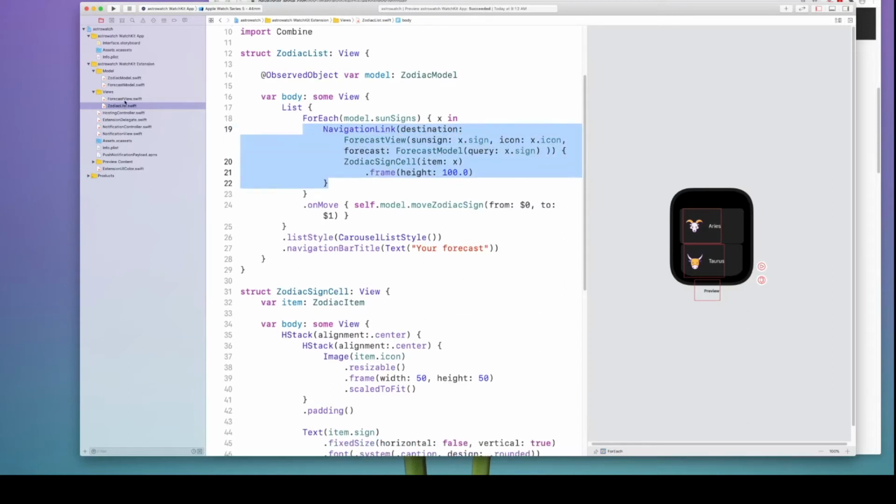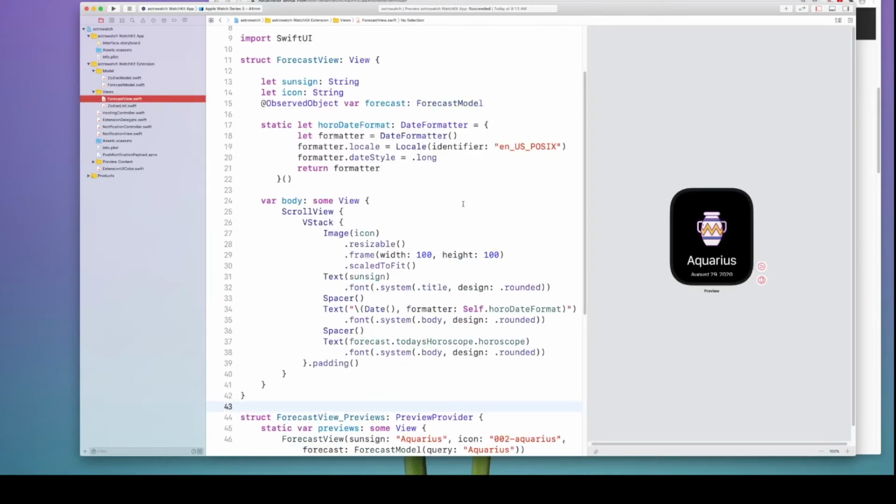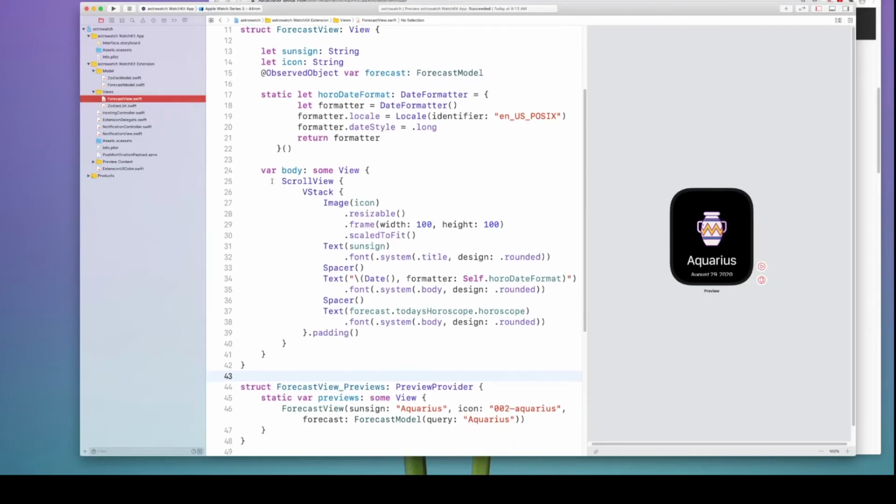Next, let's talk about forecast view. In the forecast view, as you can see, the preview has already changed. The forecast view is a scrollable view. It has a vertical stack. VStack means vertical stack of an image, the text of the sun sign, which is Aquarius here, a spacer, and the date, which you can see here, August 29, 2020, and a spacer again, and the text of the actual value of the horoscope.